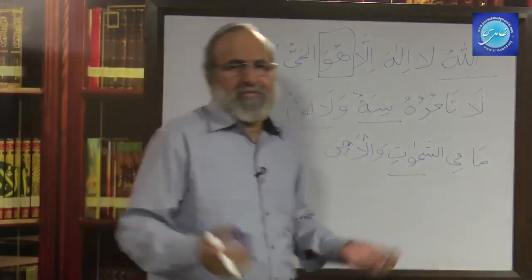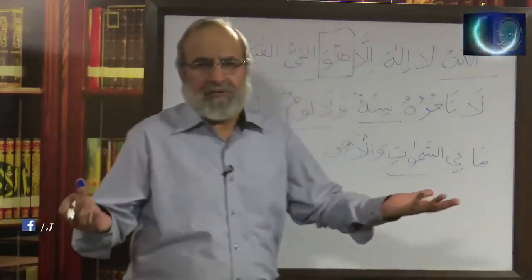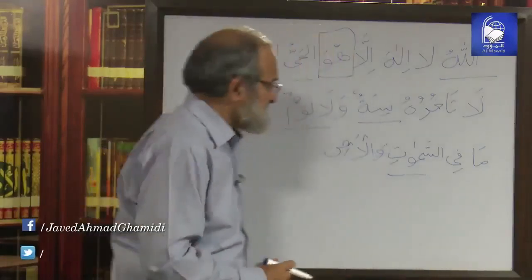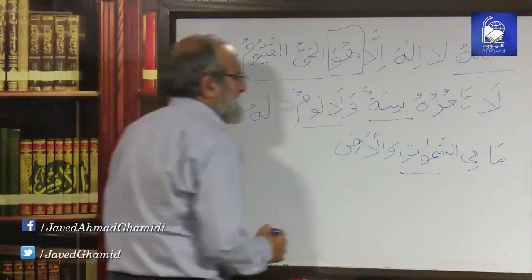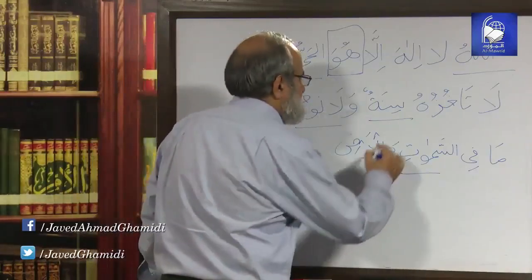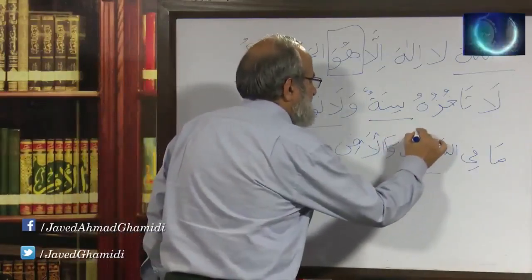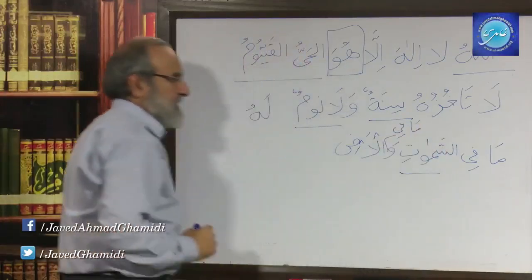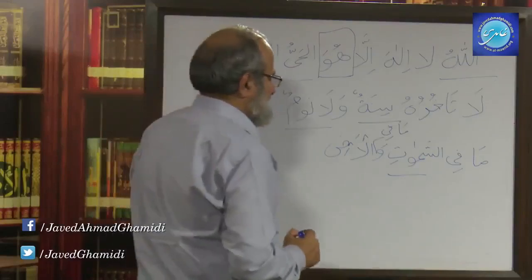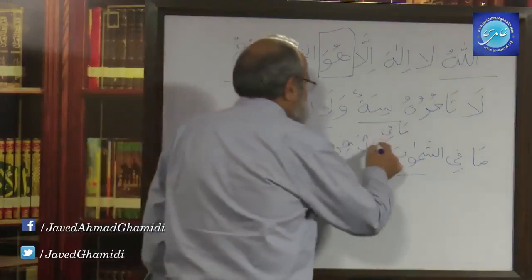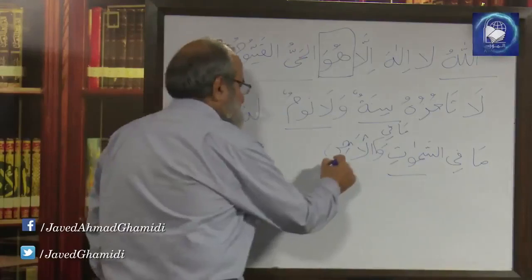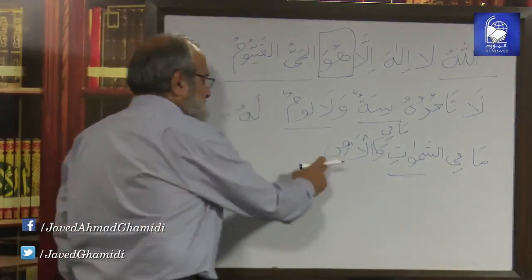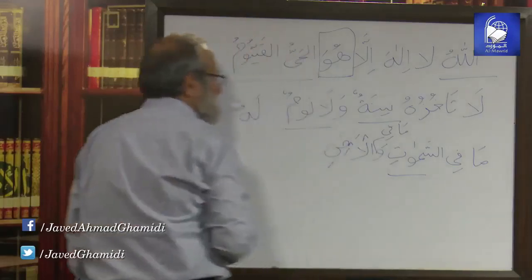How do we know? Well, it's there in Arabic, already known. It's in the tradition, the convention of the Arabs. Lahu ma fis samawati wa ma fil ard. Everybody remembers Ayatul Kursi. I can't get it wrong. Lahu ma fis samawati wa ma fil ard. So this fi is repeated here, and al-ard obviously is going to take a jar again because fi is a harf jar, and there is only one because of alif lam.